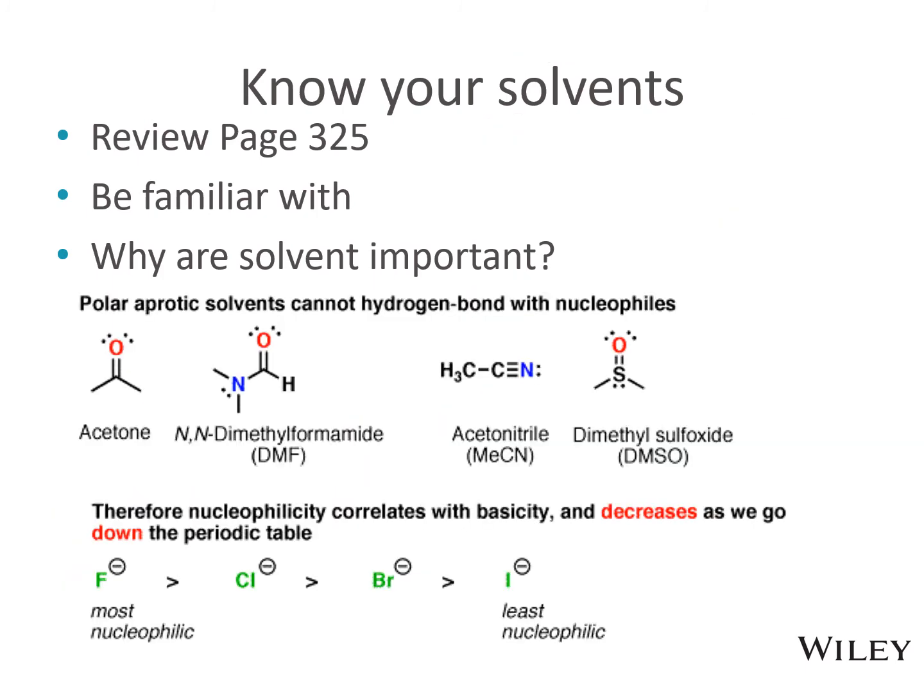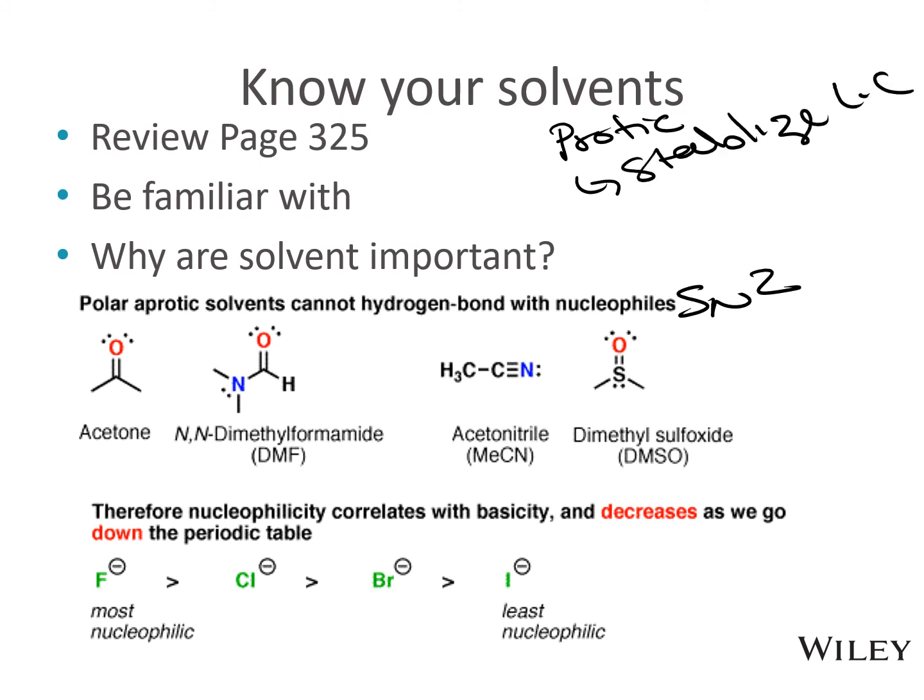So some examples of polar aprotic solvents that we would use for SN2 would include something like acetone because it doesn't hydrogen bond, it doesn't have OHs or NHs, DMF, acetonitrile, and DMSO. Now, in the next slide, I'll talk about some things that affect nucleophilicity, but one thing that I want to mention is that we use protic solvents to stabilize